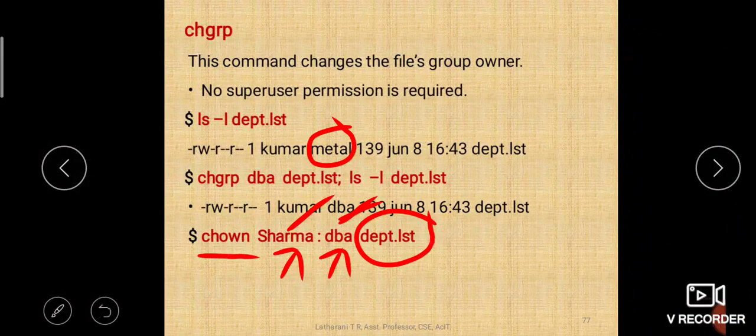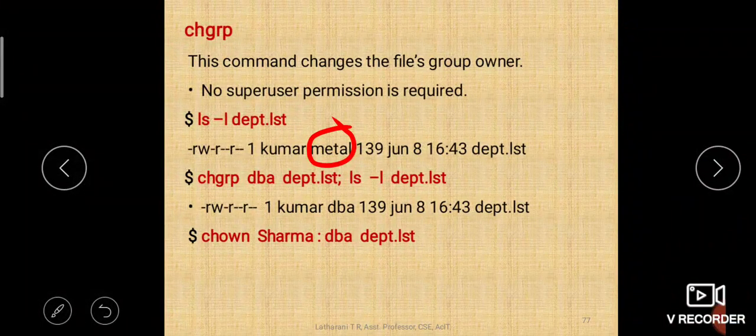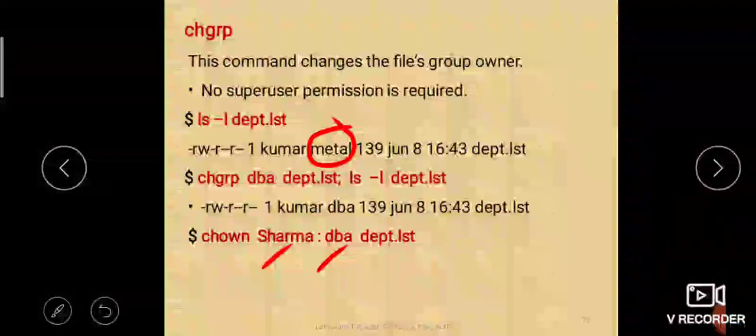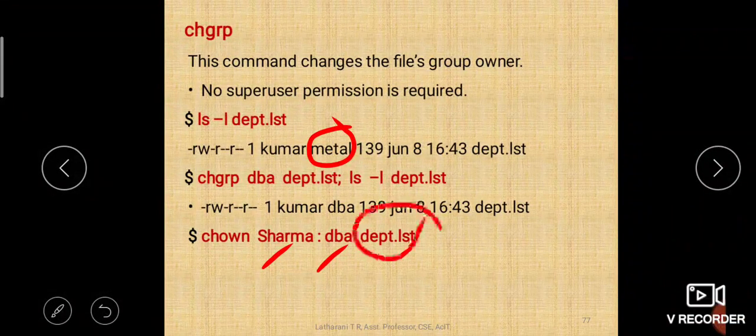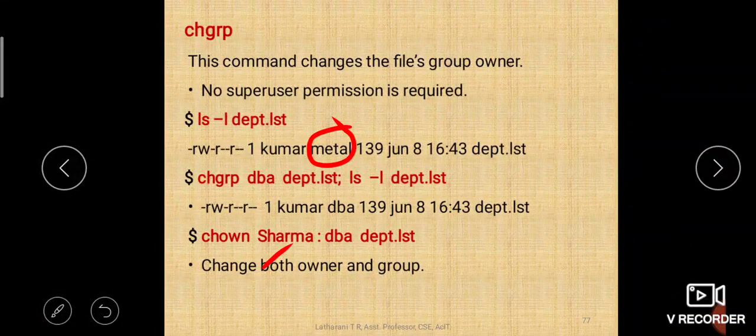Using the chown command also you can change the group owner of the file. This is how you can change the group. Is that clear?